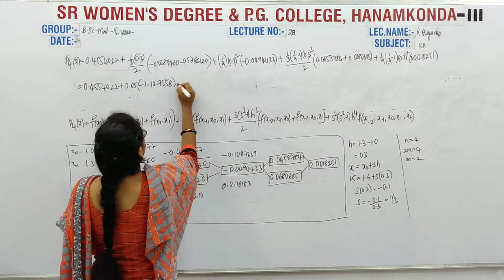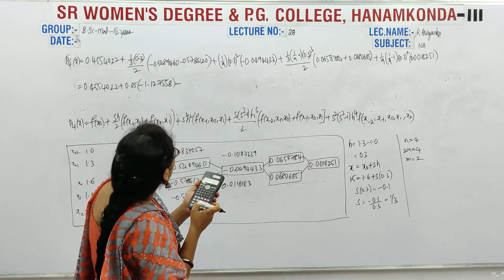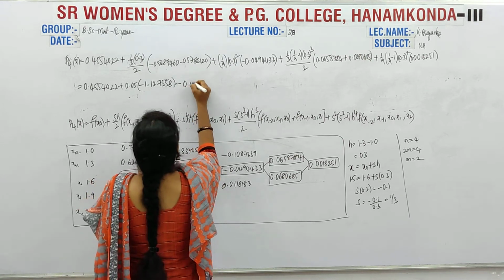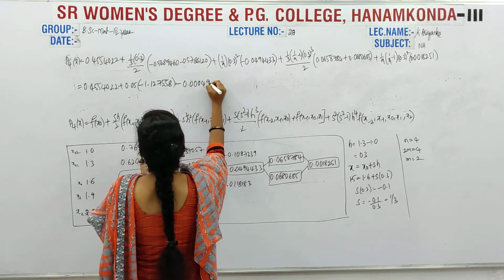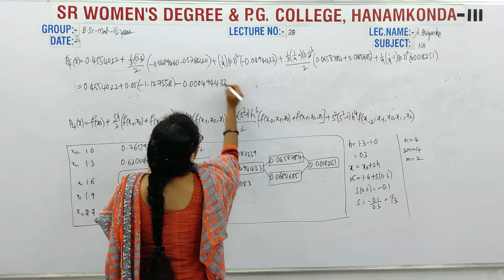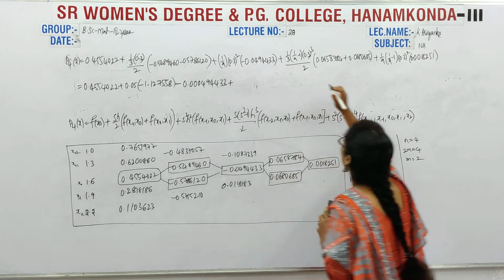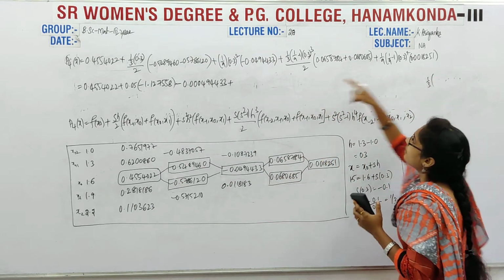Here we will get minus, first of all I will write sign, 049 4433, 0.000494433, okay, plus, now here it is side, first of all I will do 1 by 3, 1 by 9